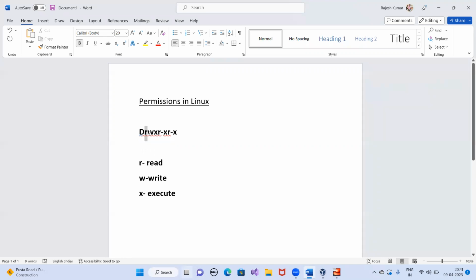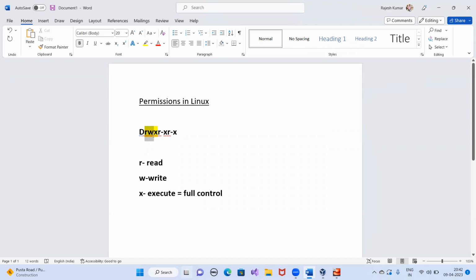Now you can see RWX. Let me color it. RWX. So what is this RWX? It means read, write, execute. So if anyone has these three permissions, it means they have full control. Now, to whom is this permission given?